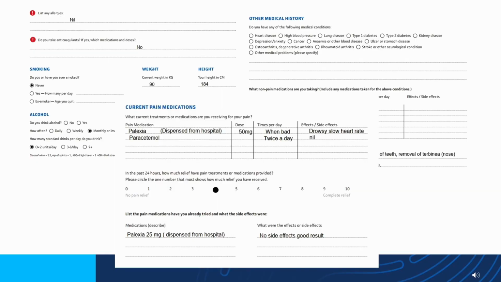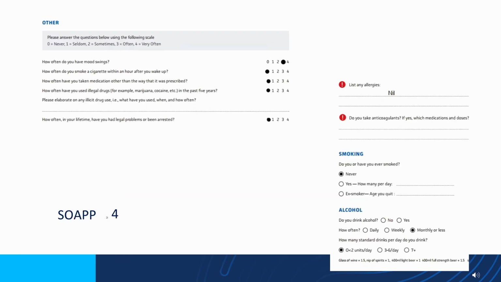If you get pain at night or unprovoked pain, you've got to ask yourself, is there a neuropathic component to the pain? A couple of other things just to note: not a smoker, drinks very occasionally, was just on some Palexia and some paracetamol, so very simple medications. The screener and opioid assessment for patients with pain, SOAP as we call it, we do that as part of our questionnaire as well. And anything more than 4 suggests that there may be risks of giving this person opioids, which is a discussion that we'll have at another point.